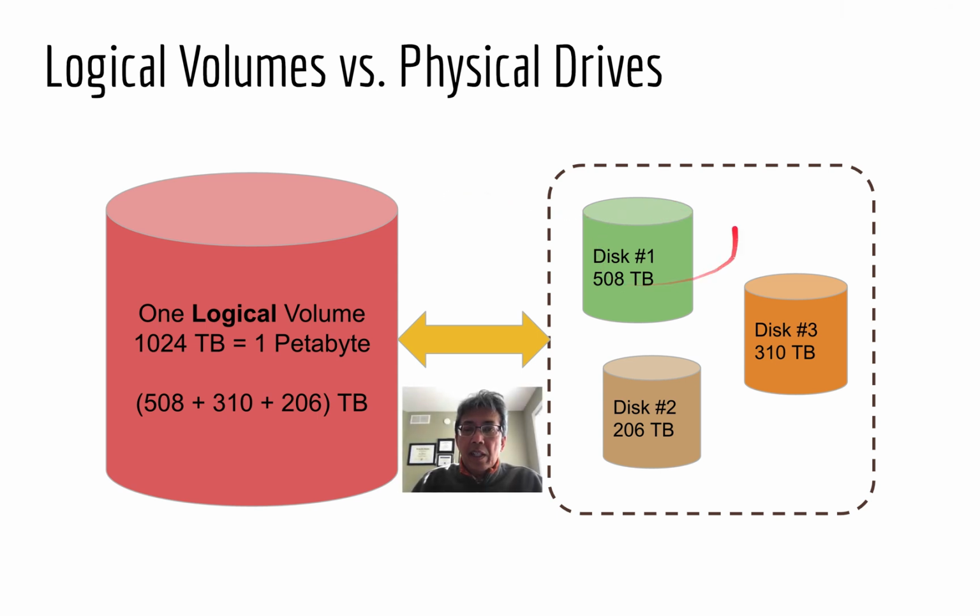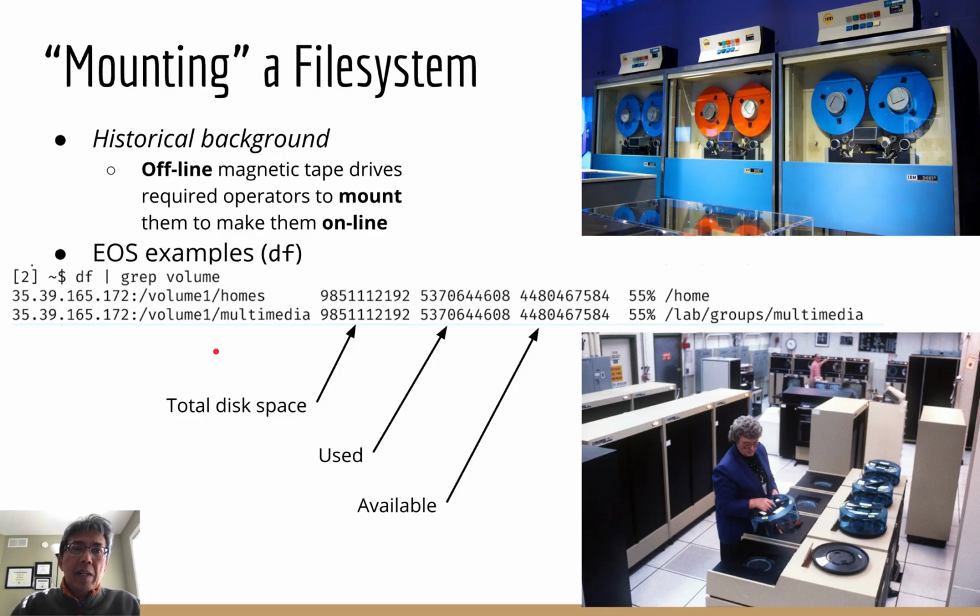Instead of working with individual drives separately, a modern file system may give you a feature that will combine the 3 physical drives into one logical volume. So in this example, instead of having 3 separate drives, the system may give you an illusion that you have a bigger drive of bigger capacity. So technically, if we combine the capacity of the 3 drives, then we can get a logical volume of size up to 1 petabyte.